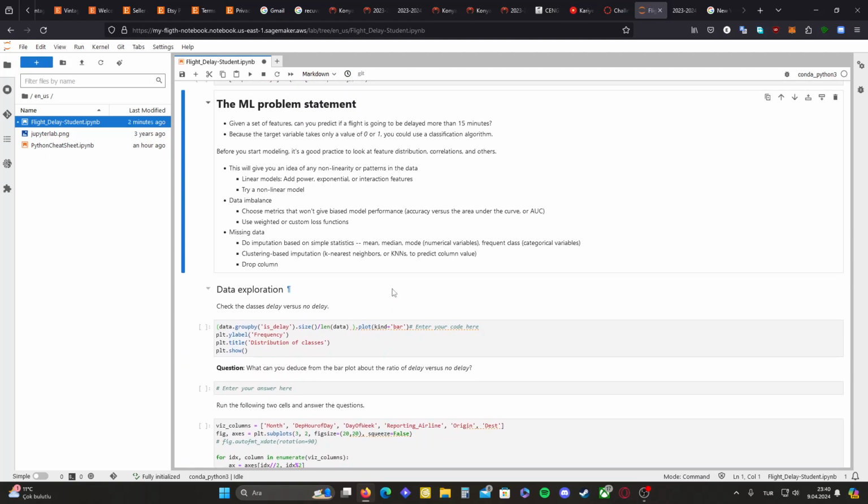The ML problem statement: given a set of features, can you predict if a flight is going to be late more than 15 minutes? Because the target variable takes only a value of 0 or 1, we could use a classification algorithm. Before we start modeling, it's a good practice to look at feature distribution, correlations, and others. This will give you an idea of non-linearity of patterns in the data. For linear models, add power, exponential, or interaction features, or try a non-linear model. For data imbalance: